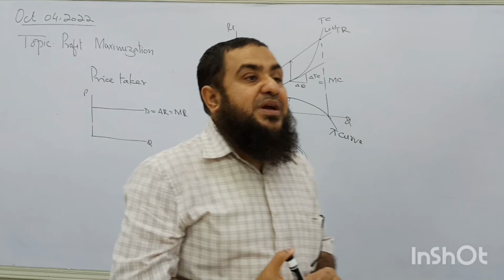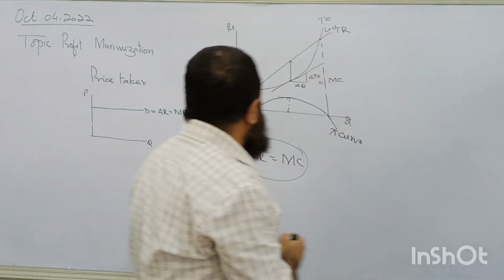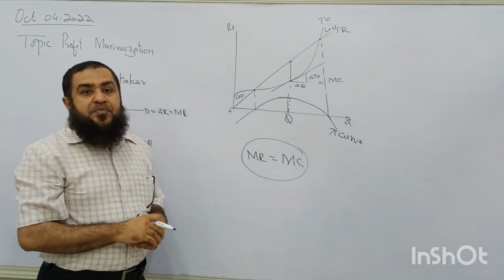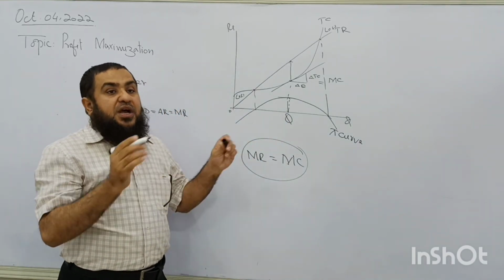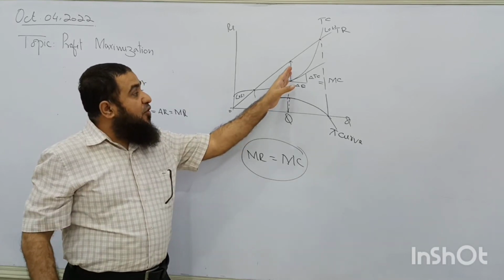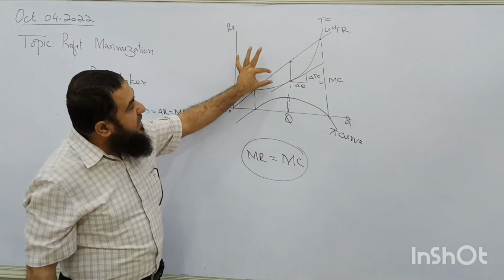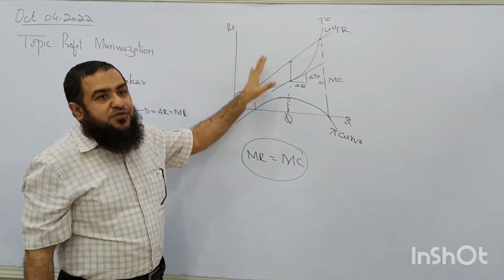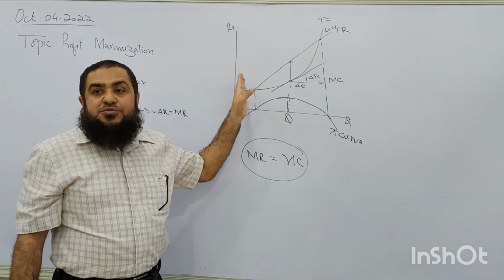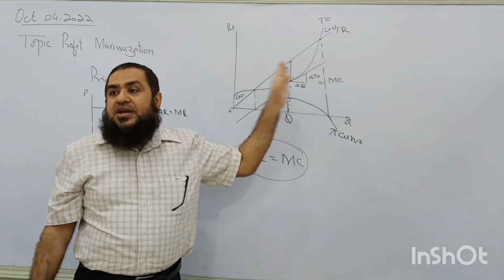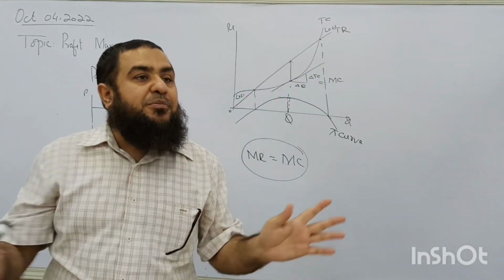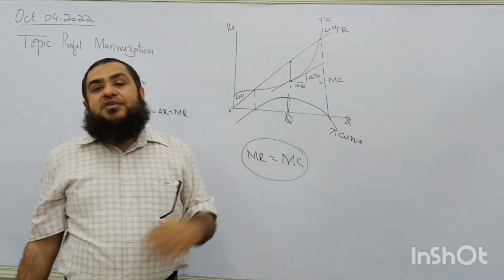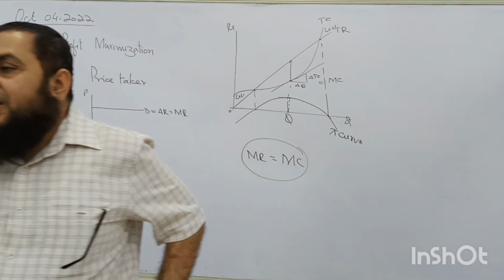So what is the profit maximizing level of output of the firm? It needs to produce at this level of output to maximize profit. At any level of output other than this, what is happening? The gap between total revenue and total cost is not maximized. If you see on the left of this point or on the right side of this point, you will see profit cannot be maximized unless this condition is fulfilled. तो समझ में आया कि नहीं आया?